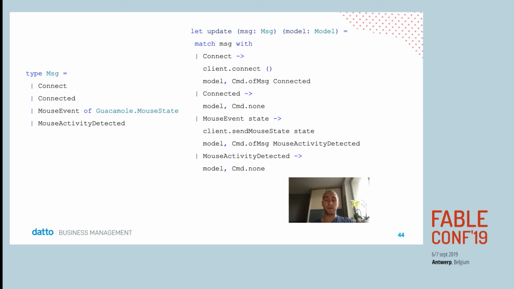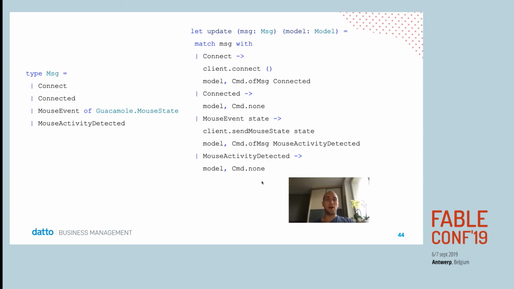So we subscribe to that in the same component. And when that message happens, I want to propagate that mouse state back to the client, as well as create a mouse activity detected message. This message is again for an outer component, a different component which keeps track of the idle time, which means basically that if you're idle for more than 30 minutes, you will get disconnected. And because mouse activity detected is a message meant to be consumed by a different component, we ignore that within